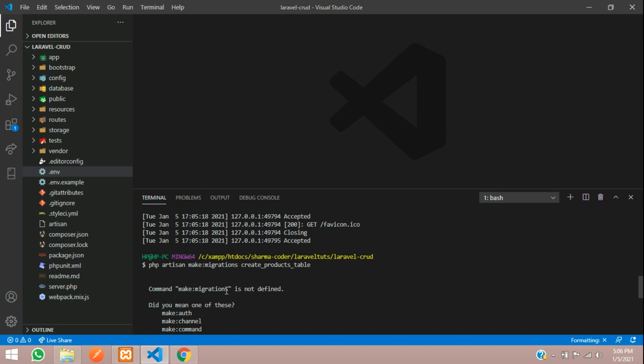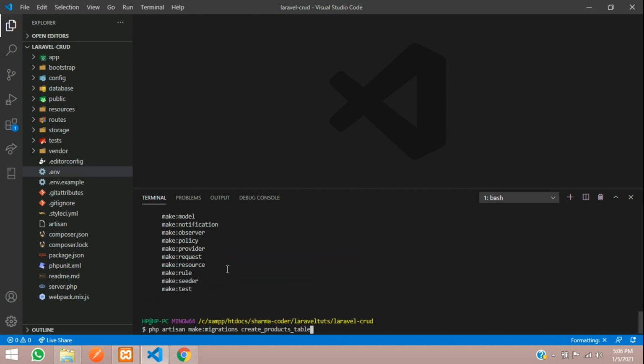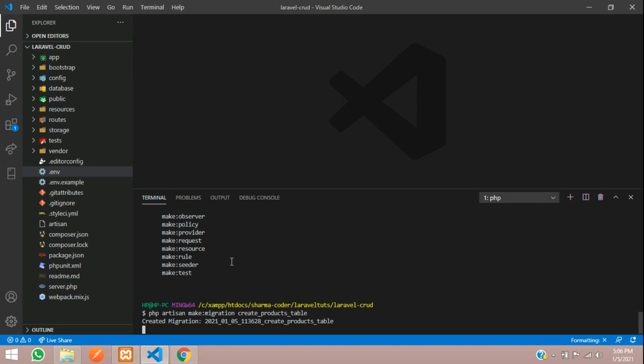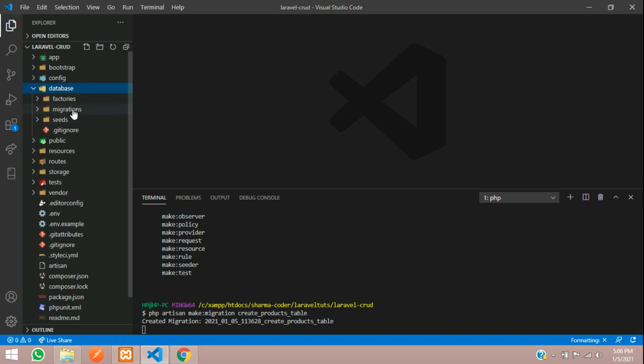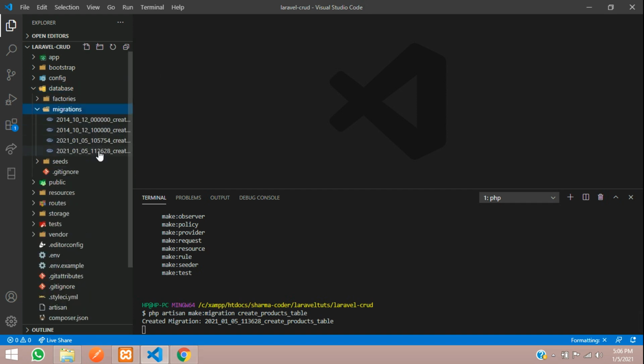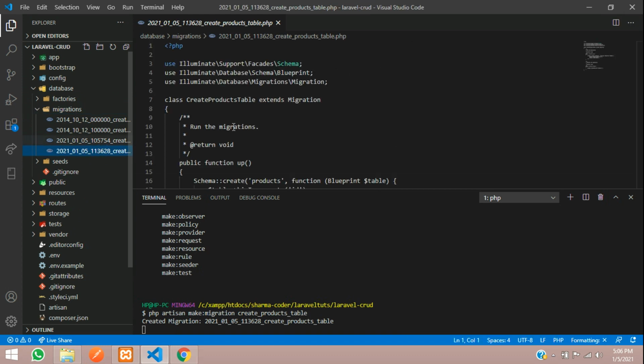Okay, I think it's migration, I've misspelled it. Okay, so it is make migration, created migration successfully. Now go to your database folder, migrations, and here it will be. So our migration is here.